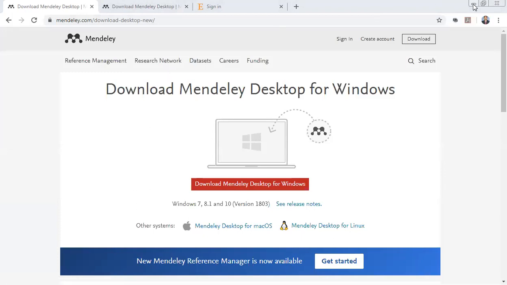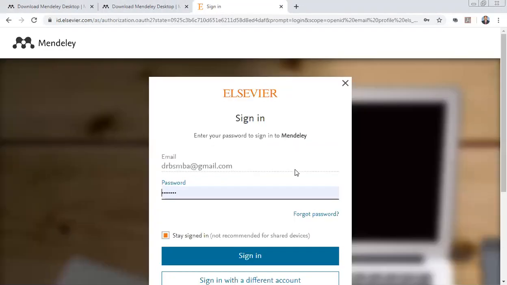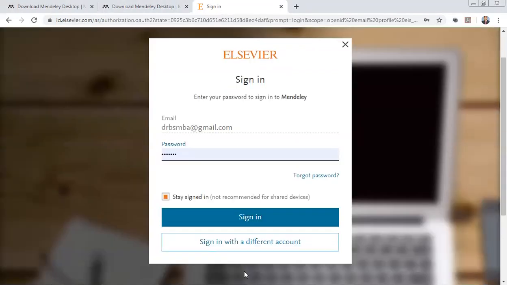So what you can do is go to your downloaded Mendeley desktop for Windows. Once it is downloaded, open it or just install the software and it will ask for signing in. There you need to give your email ID and the password.